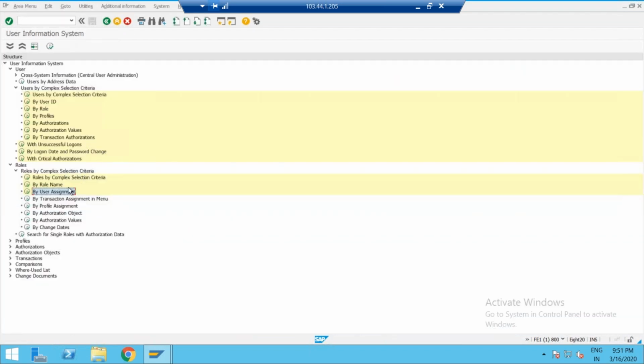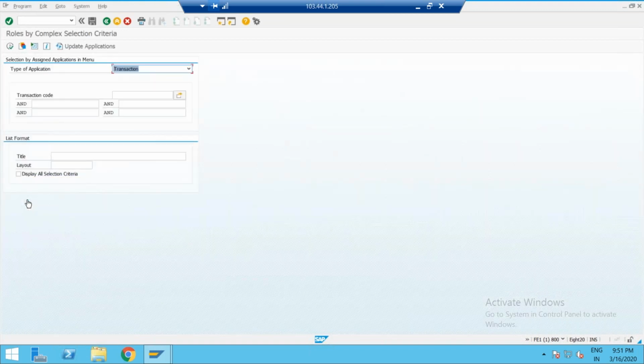Next one, by transaction menu. Enter from transaction code to transaction code. Now I want to know SU01 and SU10, how many members have them. How can I go for two transactions at a time? Available in two transaction codes, SU01 and SU10.